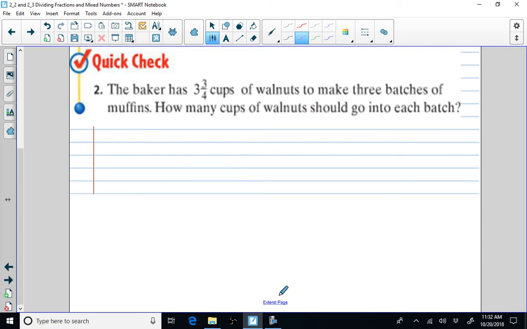Second example, the baker has 3 3/4 cups of walnuts to make 3 batches of muffins. How many cups of walnuts should go into each batch? Well, that would be your 3 3/4 divided by 3, and the same process would apply. Write everything as a fraction first. 4 times 3 is 12, plus 3 is 15, so we get 15 over 4 divided by 3 over 1. Once we have everything written as a fraction, we multiply by the reciprocal, so this becomes 15 over 4 times